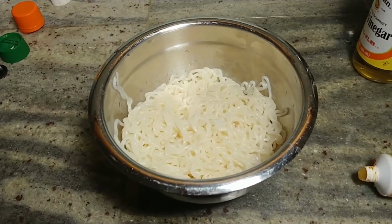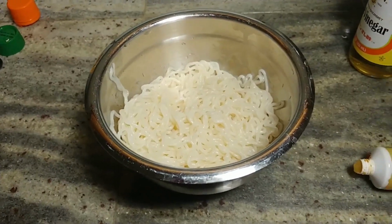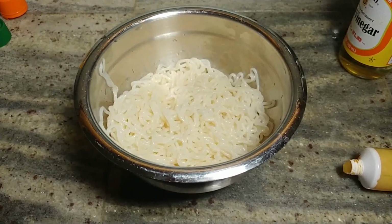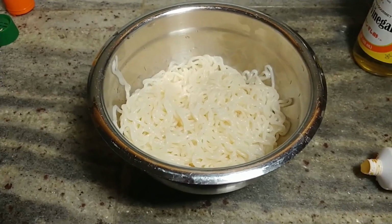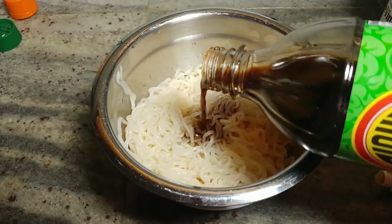Just a little side note here, I'm going to be making these shirataki noodles to go along with the stir fry. And I found that when you first open them up, they stink. So the best thing to do is to soak them in some flavorful liquids to have them ready when you're ready to use them. So I add some soy sauce,